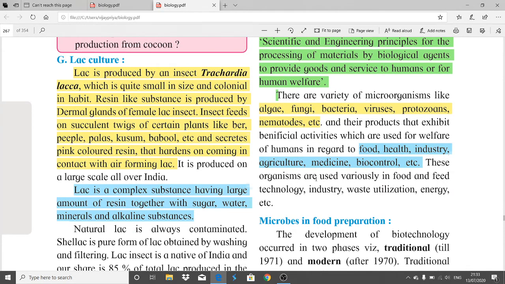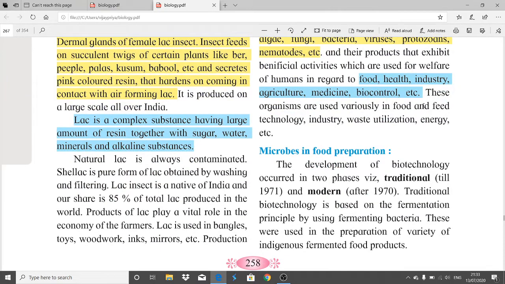These organisms are used variously in food and feed technology, and in various industries apart from food. In those industries, again, the microorganisms are used: the waste utilization industry, energy, etc. Waste, that is sewage treatment, and all that we are going to discuss in brief in the next